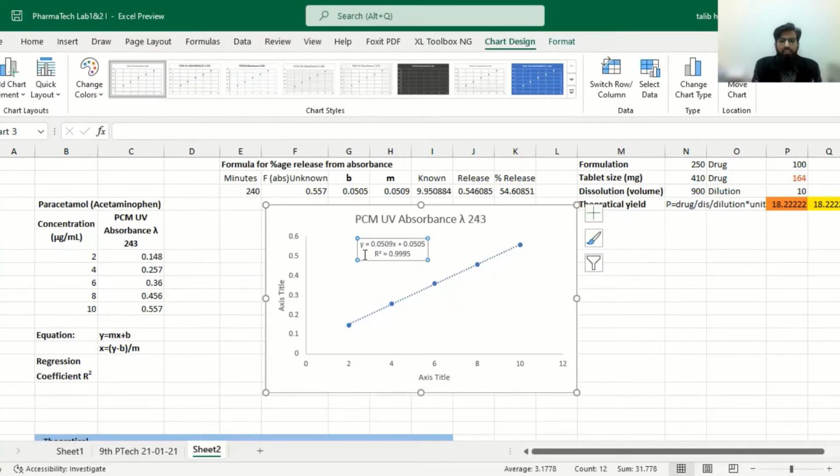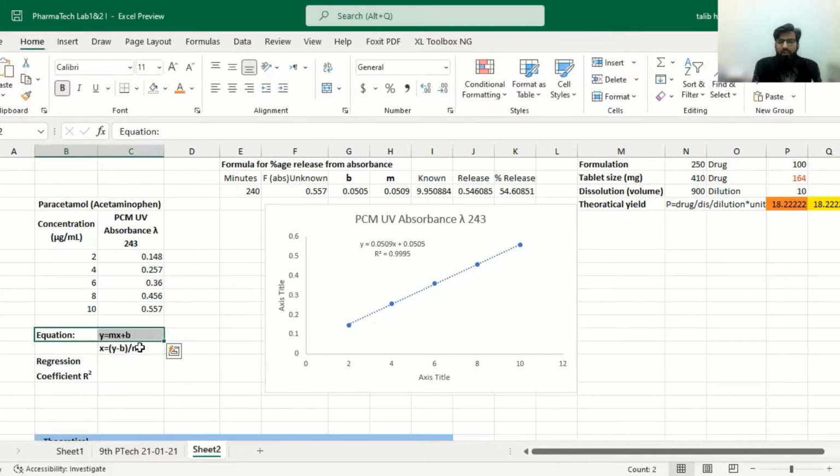It gives an equation, y is equal to mx plus b. Y is the y-axis value, m is the slope of the curve, x is the x-axis concentration, and b is the intercept at which this curve intercepts the y-axis.